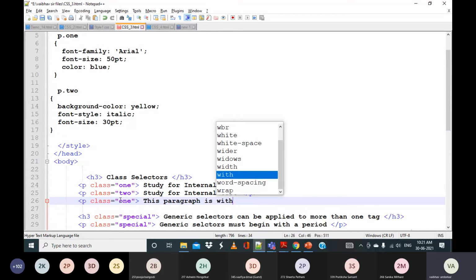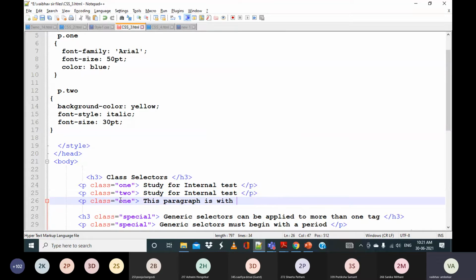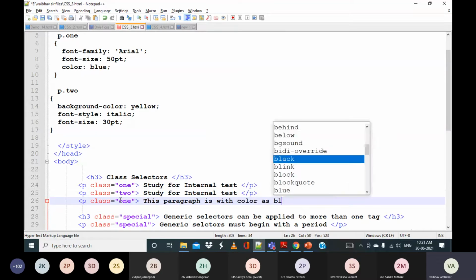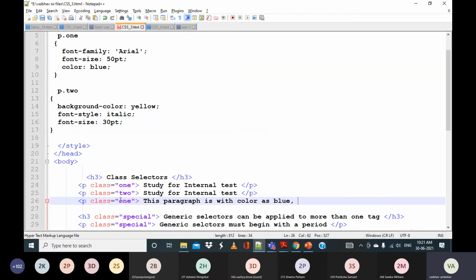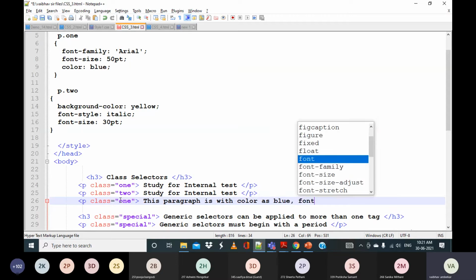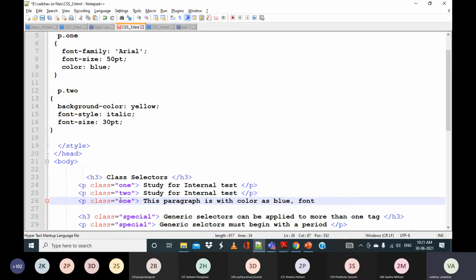and close the P tag, and here you can specify that this paragraph is with color blue, font size 50, and font family Arial.